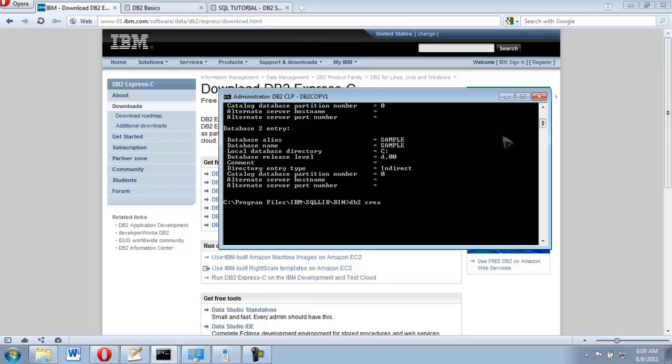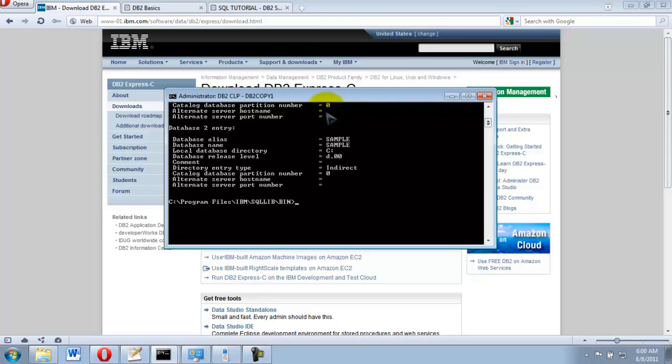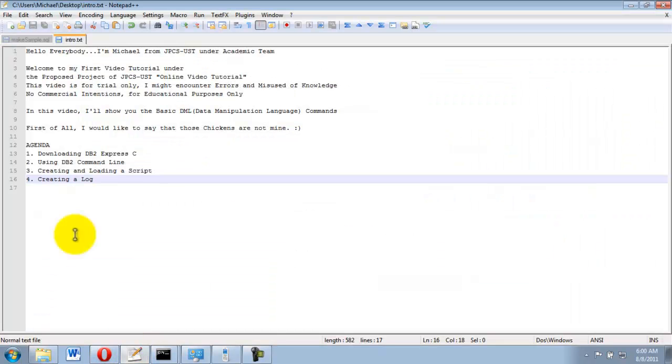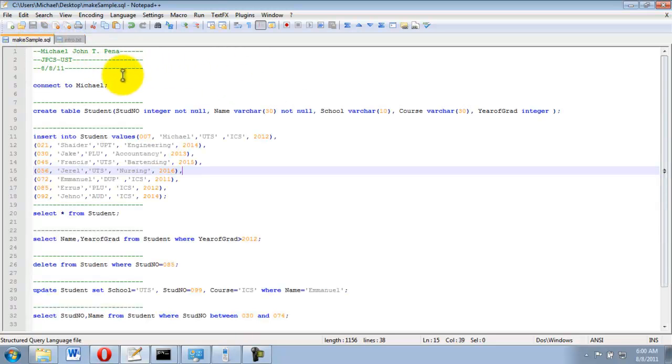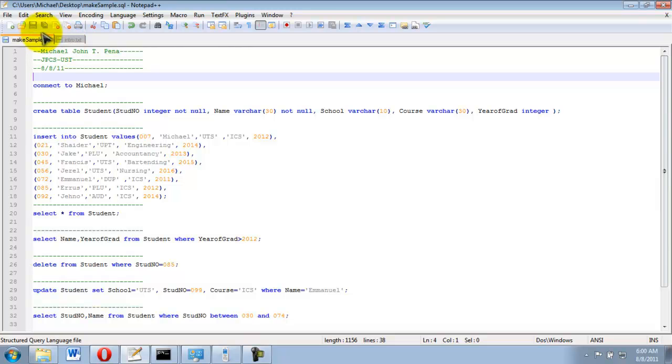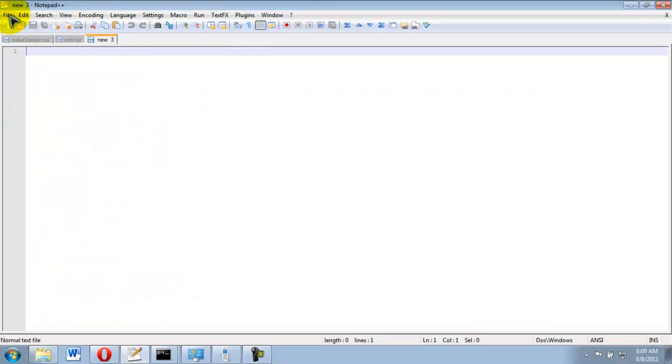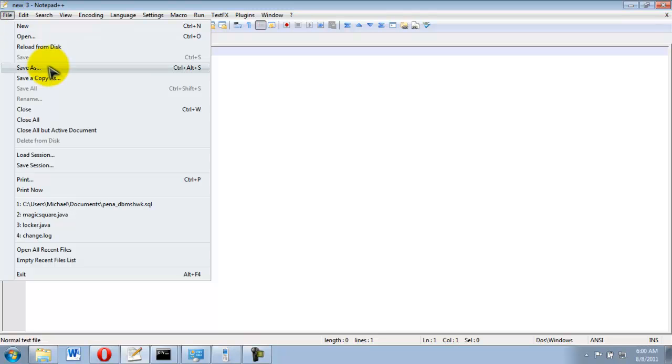So let's start with how to actually use the DML commands. As a suggestion, I would like you to use Notepad++. And you can create your work by making an SQL file.